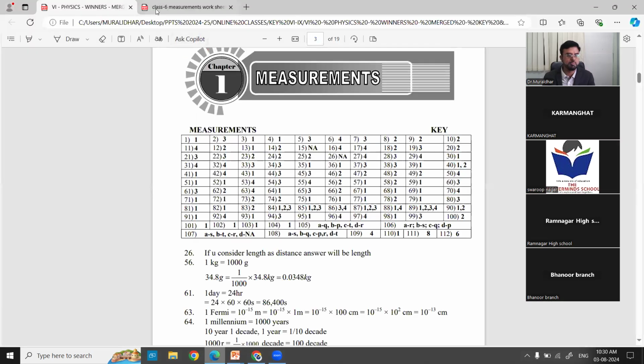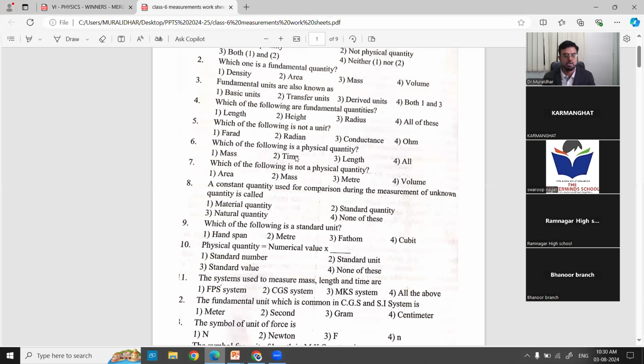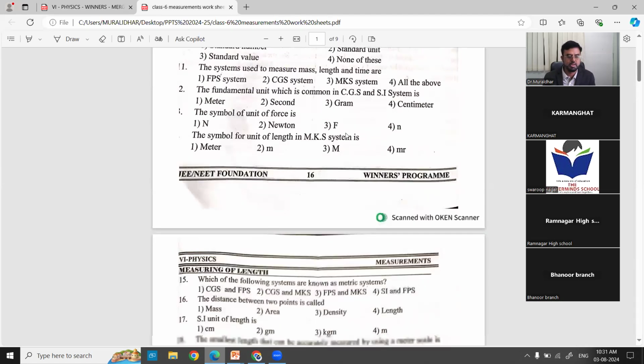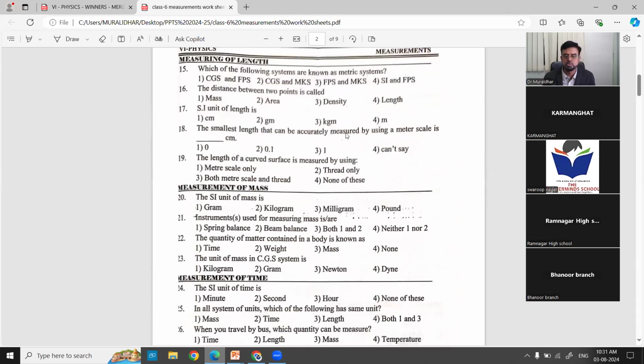Now when you go for this question paper, the objective part here, I think most of us have done some questions here, maybe up to 15 or so. By reading the question, you can easily identify the answers.